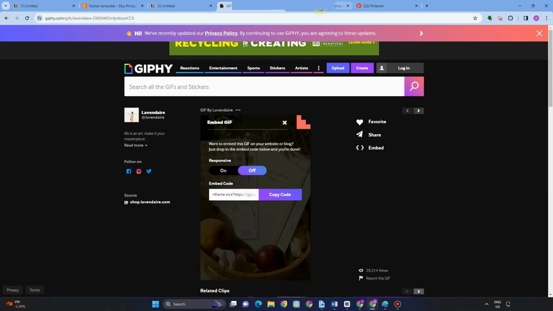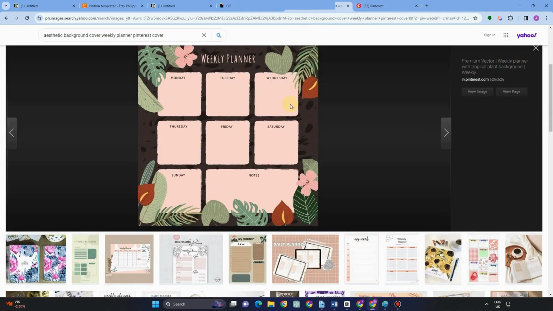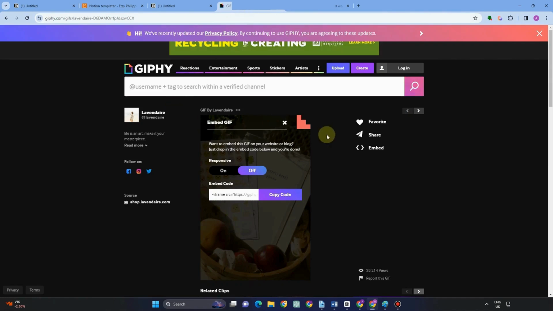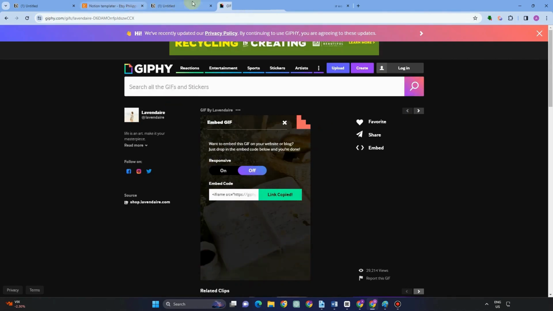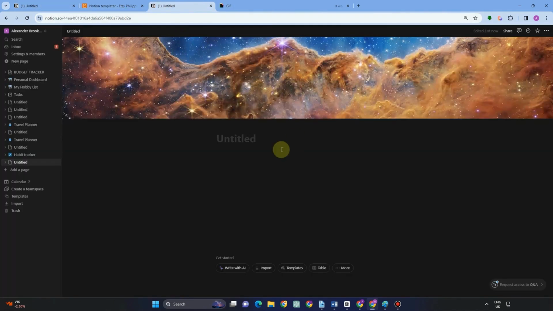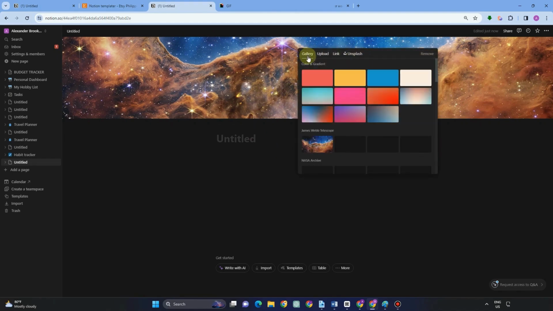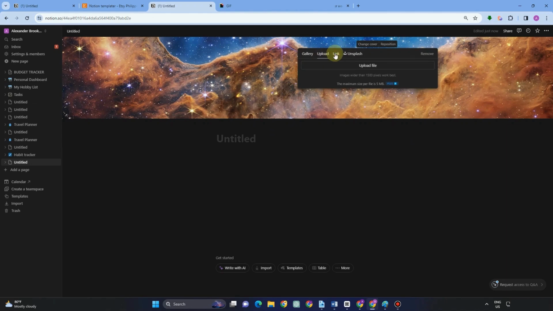Once you have found one, you can either copy the link or save it to your device or gallery. For example, this one. If you like it, you just have to copy, go to your Notion, and click this change cover here. Now you have options such as gallery, upload, link, and Unsplash. If you want to paste the link I copied earlier, just select link and then paste. Also, if you want to change that, you can simply go to upload and then